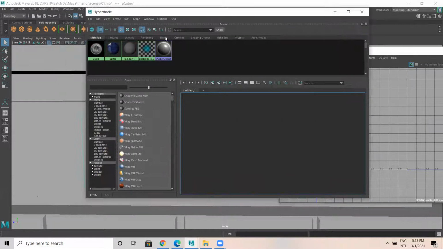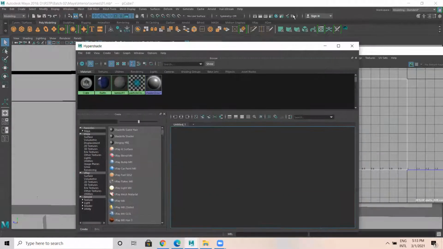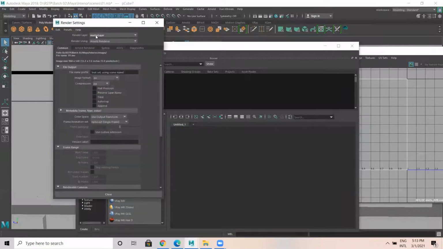Now, let us see Arnold materials. So when you install Autodesk Maya 18, by default, you have Arnold. Arnold is a render engine, separate engine. Next to this sphere, this hypershade, there's a settings, right? Render setting, go over there. So there's an Arnold renderer.